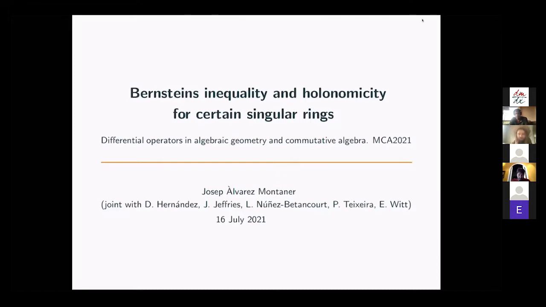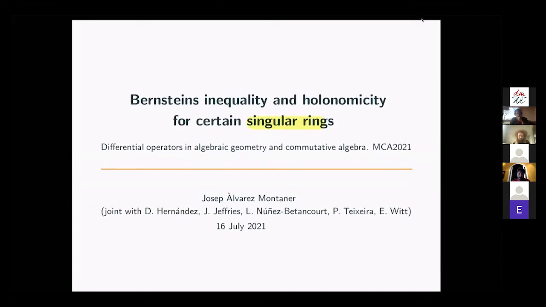So I want to report some work that is joint work with some good friends: Daniel Hernandez, Jack Jeffries, Luis Núñez Betancourt, Pedro Teixeira, I think is over there, and Emily Witt. And by the title, probably you will see that what we want to deal with is some basic notions in the theory of D-modules, with the twist that we want to deal with singular rings, not only the smooth case. And there are certain singular rings, which means that we cannot reproduce the theory for any singular ring. So I will start